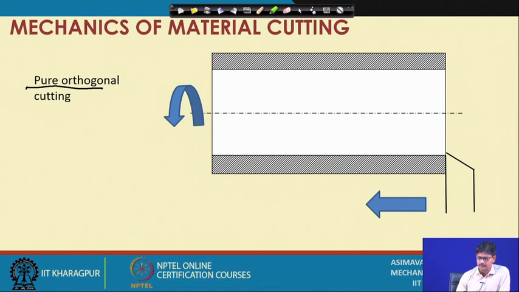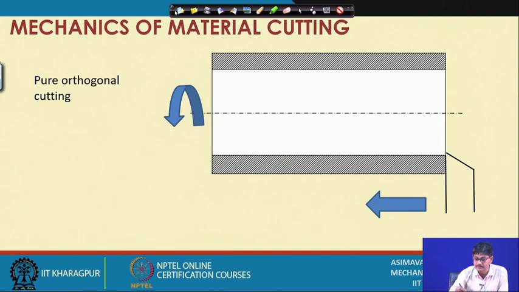If we completely remove the auxiliary cutting effect, I mean the cutting contribution of the auxiliary cutting edge, and also the other effects which are taking place, then we can have a situation in which purely orthogonal cutting is taking place with absolutely no interference from other factors. For example,